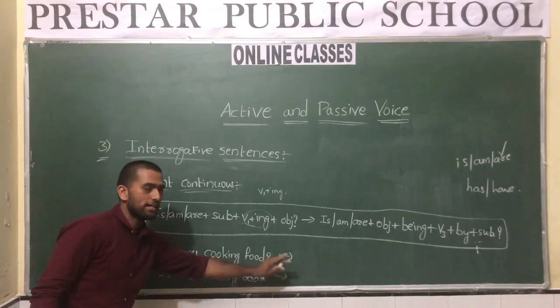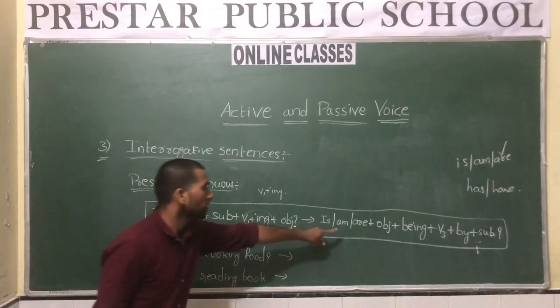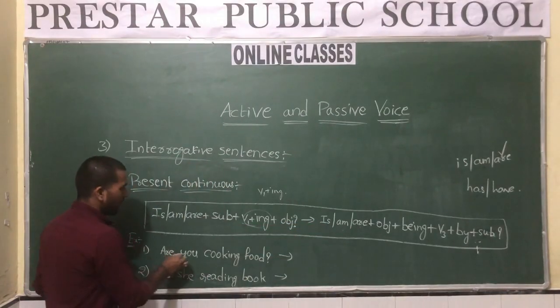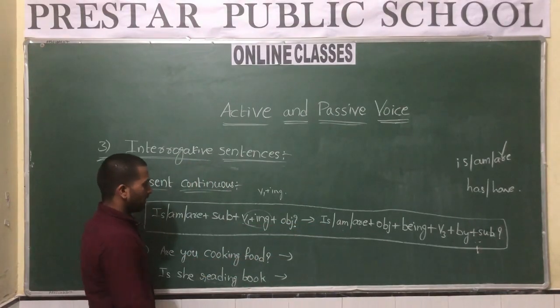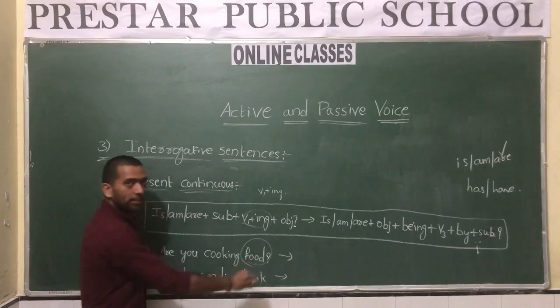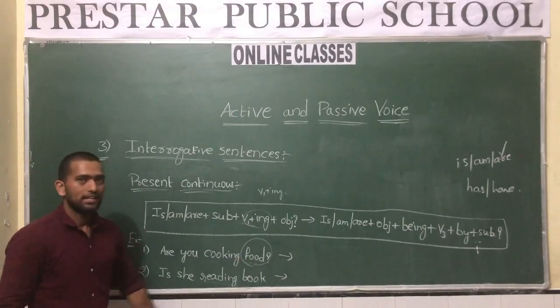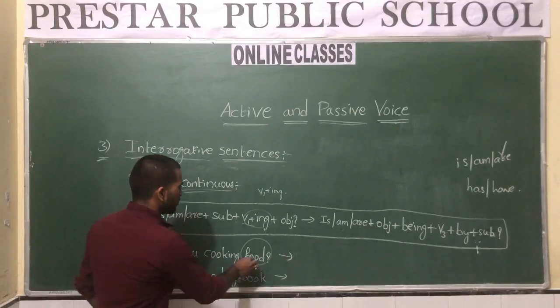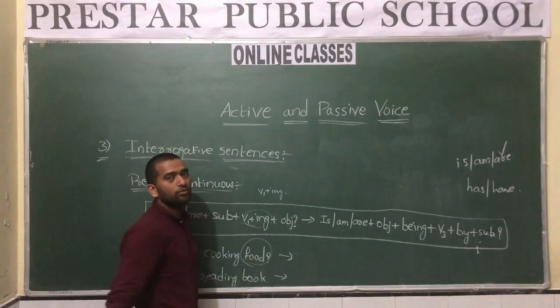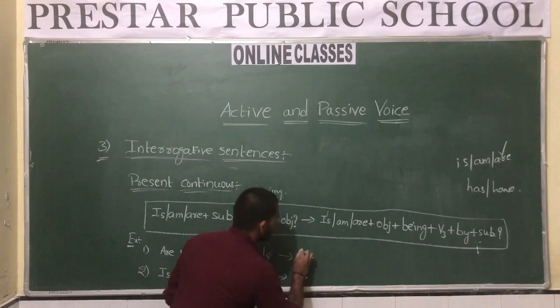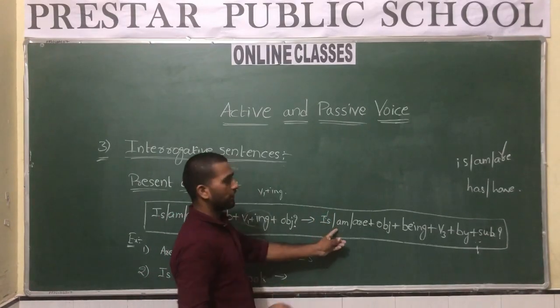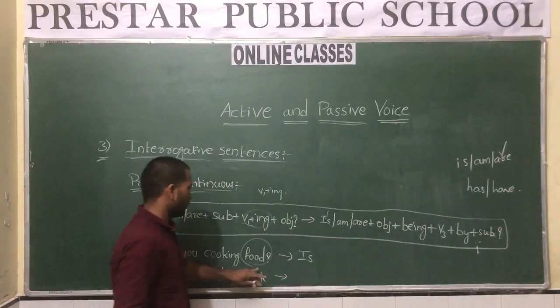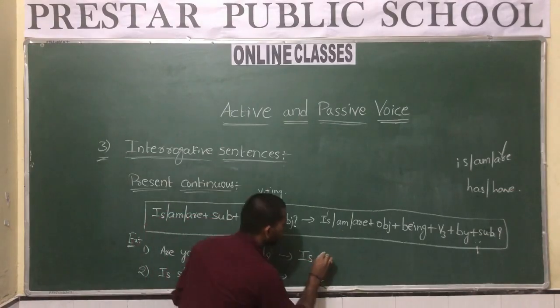Write down the passive voice for the given sentence by following the given pattern. Are you cooking food? Now, what is the object here? Food is the object. It is singular, a collective noun, so we take it as singular. For singular, which helping verb do we use? Is. So is, and after the helping verb, the object. What is the object? Food. Is food